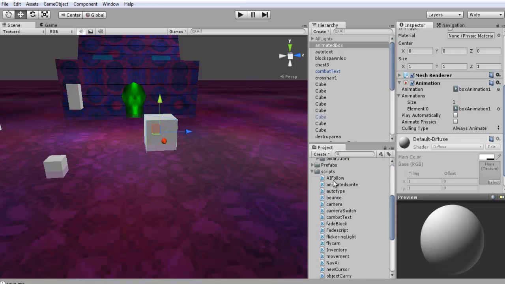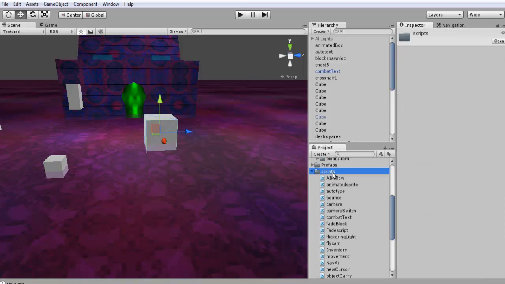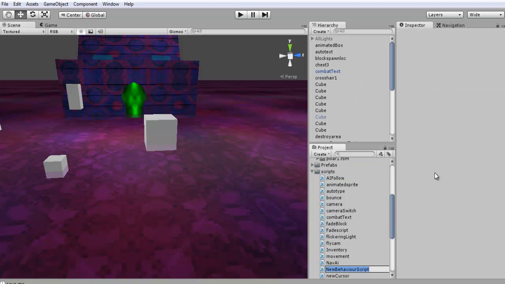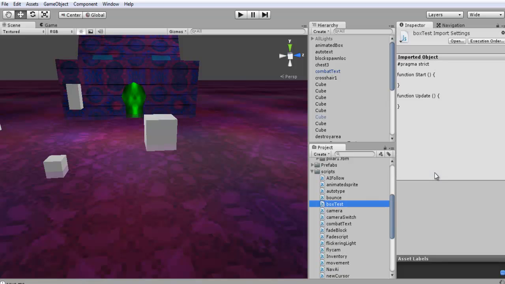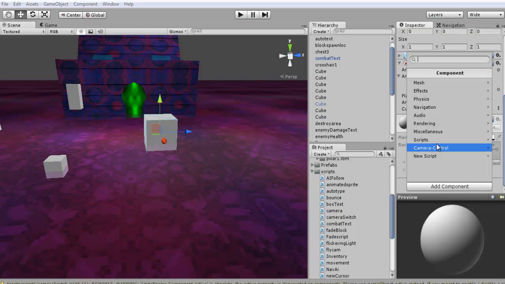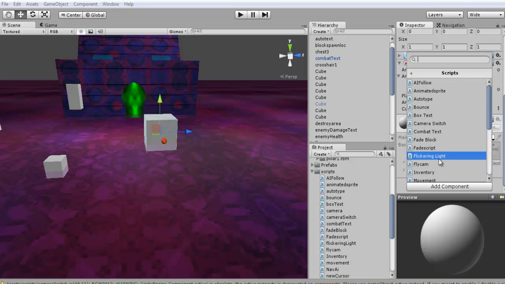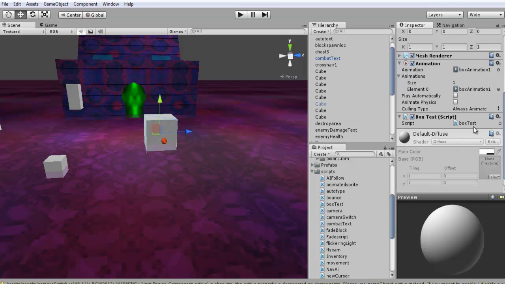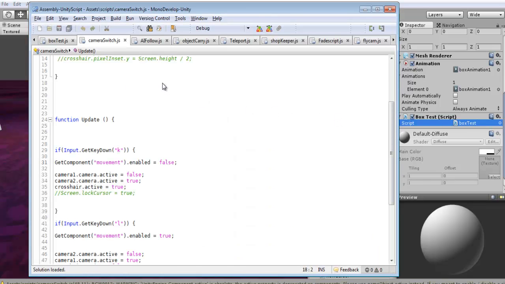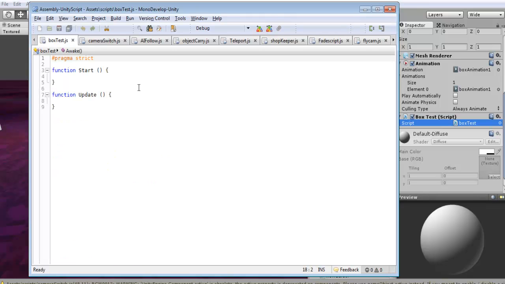So let's see. We could actually just create a new script. Probably something that I won't keep in here, but just for testing. So we'll just call this box test for now. Add component scripts, and we can just click on box test. Double click on that to bring up our MonoDevelop box test, and in here we can do a simple